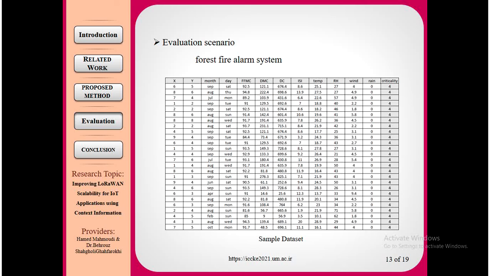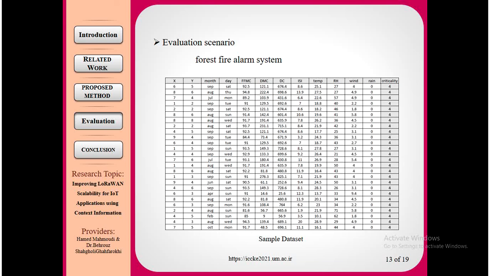In order to evaluate the proposed solution, a forest fire alarm is assumed. The forest fire alarm system operates in such a way that it sends an alarm if there is a fire condition in the forest. It is assumed that smoke sensors are installed in different parts of the forest and are set up so that as soon as they wake up, they perform the measurement and send the information. The network server is supposed to send the next wake-up time to a sensor after receiving information from the sensor. Upon receiving this message from the server, the sensor sets its next wake-up time and sleeps.